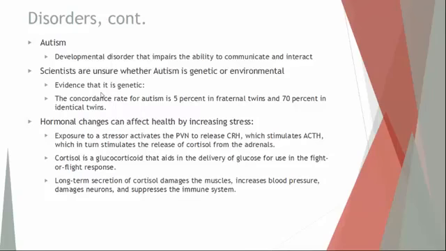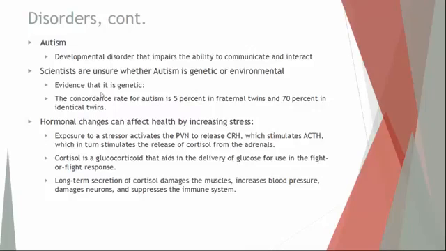Now, scientists are really unsure whether autism is genetically caused or environmental. There is some evidence that it is genetic. There have been some key genetic mutations that have been shown to lead to autism. Some more examples: the prevalence that autism occurs with twins, whether it be identical versus fraternal, is very different. If one fraternal twin has it, it's not a real big chance, or not that much more of an increase, that the other twin will.